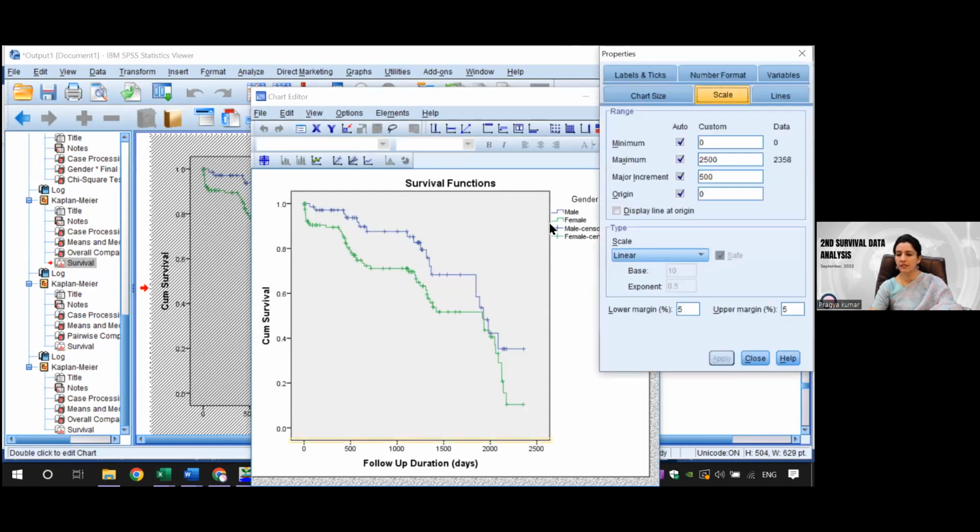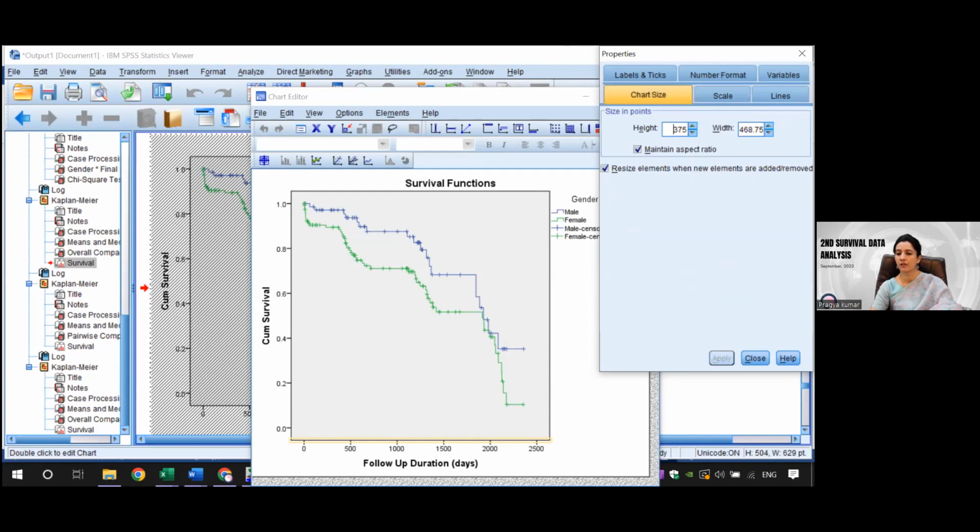So maybe on the x-axis, if you do the increment, like if it is 500, or maybe if the chart size is less, let me know. So let me do it, maybe if I do it to